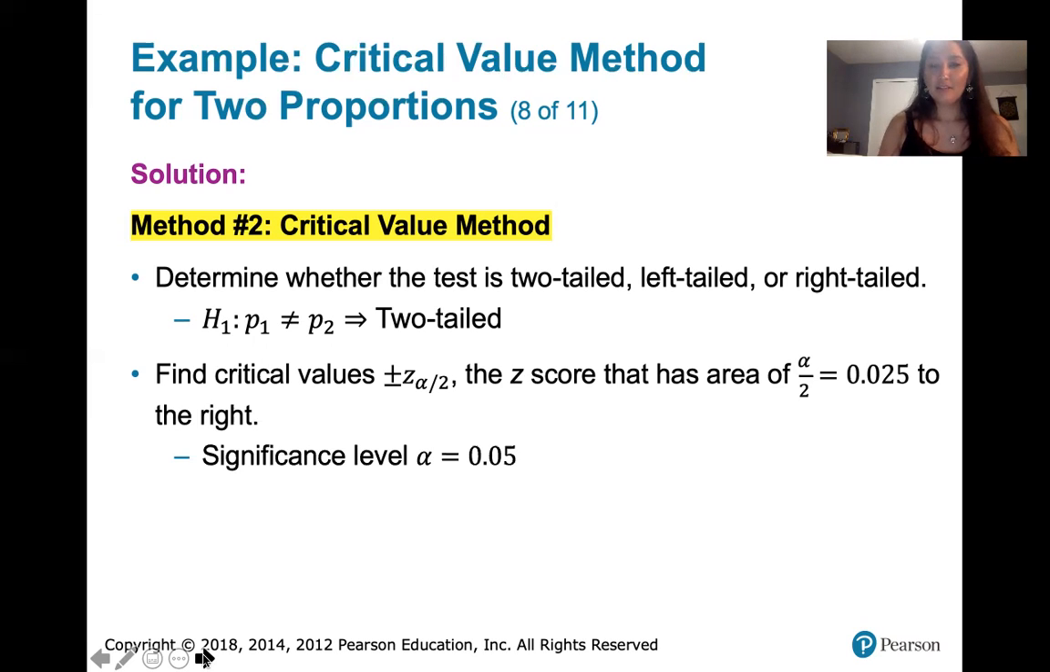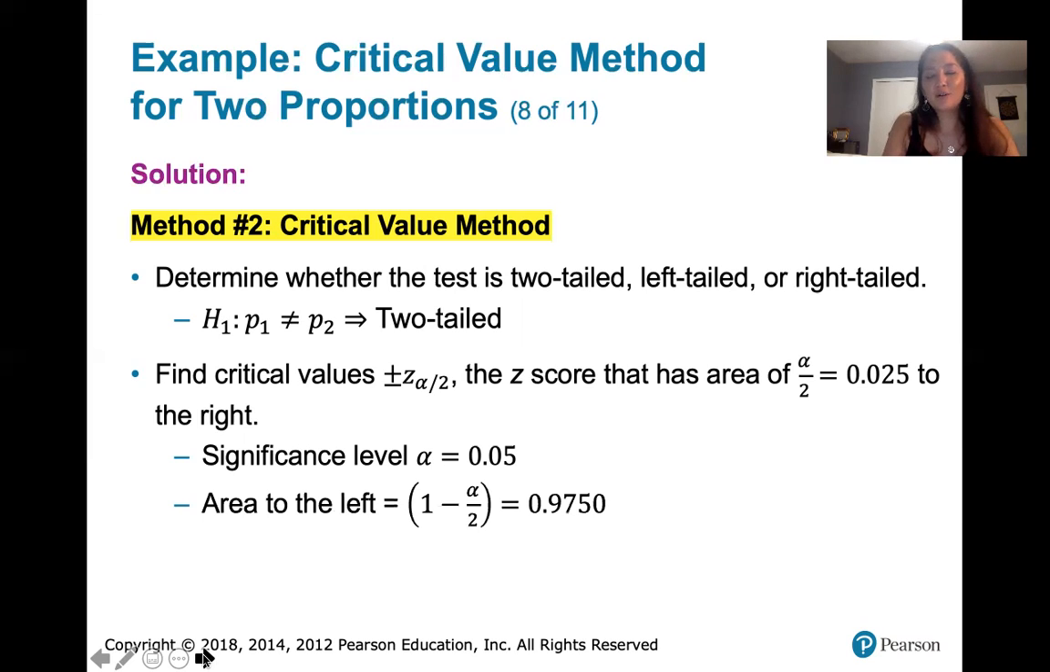The alpha level is 0.05, and because it's a two-tailed test, we're splitting it into two tails. So that 5% of the area is split into 2.5% of the area in one tail, and 2.5% of the area in the other tail. So that means that the area to the left of our critical value is 0.9750. Now you can find the corresponding critical value either using Excel or table A2, but note that you want